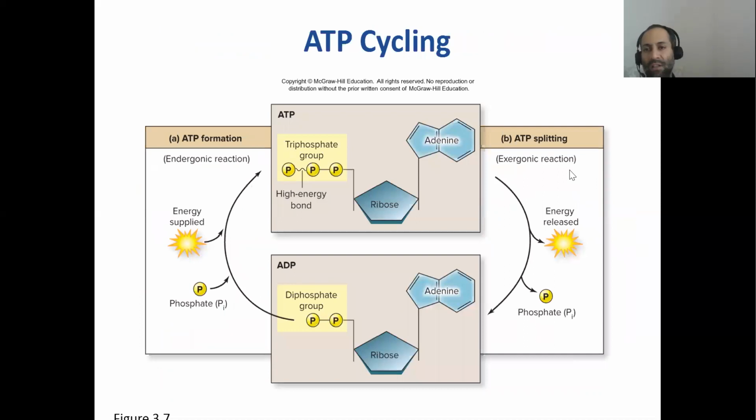So here we are looking at ATP cycling, and this is the cycle of life, all right? ATP starts forming in your cells when you were just a single cell little zygote. As soon as dad's sperm fertilized mom's egg and you were generated as a single cell zygote, that's when ATP was active in you. And so ATP sustains you till the time you die, all right? And you're always making ATP even when you're asleep. The only time that you stop making ATP is when you die.